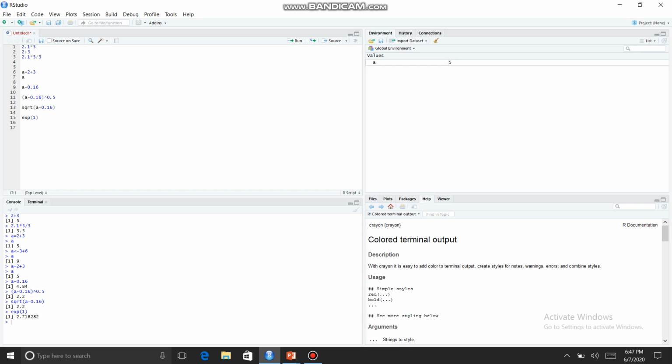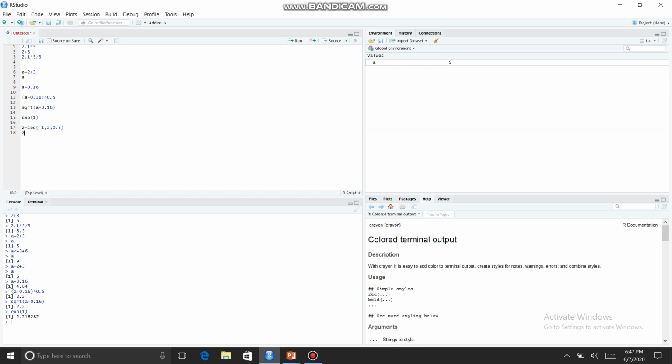It is also easy to create vectors in R. Let us take z as a variable to create a vector. Z is equal to seq in brackets minus 1 comma 2 comma 0.5. The seq stands for sequence. This creates a vector starting at minus 1 going up to 2 in increments of 0.5.